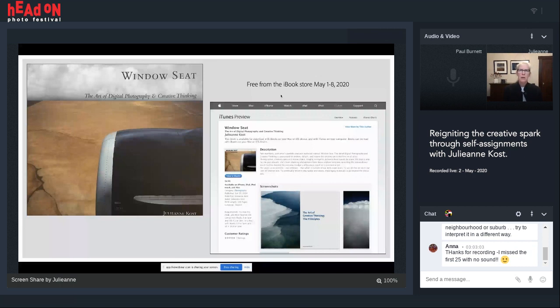Figure out a way that you can use whatever technology you have in the best way that you can. So for that project, it gave me a sense of freedom to just say, well, it's just going to be online. I'm not going to worry about printing it, because then I would have had to take my other camera with me, and then I would have never done the project.